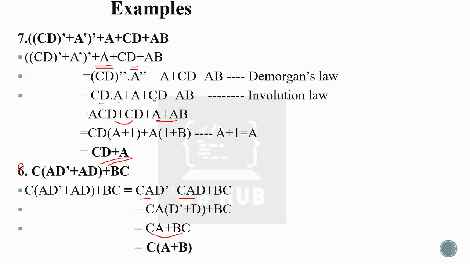If we get any example, you have to do it using some techniques. You can apply some postulates, you can apply some Boolean algebra principles. And one thing you have to remember is that you have to write all the principles or postulates that we are applying. Okay, this is the method.